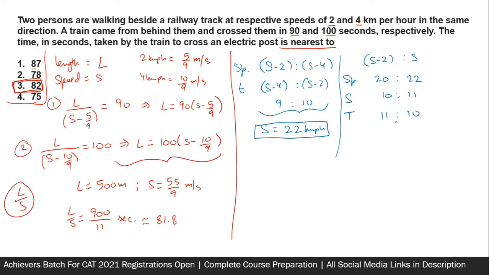Now I know the time taken in the case of S minus 2 was 90 seconds. So if I put this as 90 seconds, accordingly, this will be 900 by 11. See, anyway, we had this as the answer, but here we get it so comfortably. So 900 by 11 seconds, and this gets us the answer much faster as roughly 82 seconds.